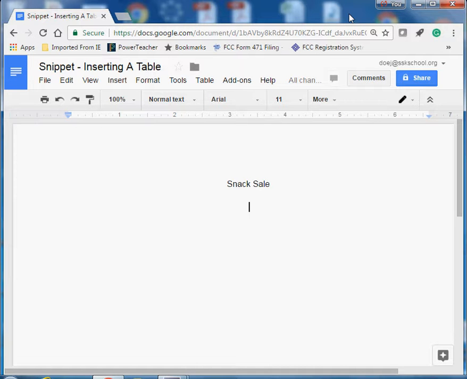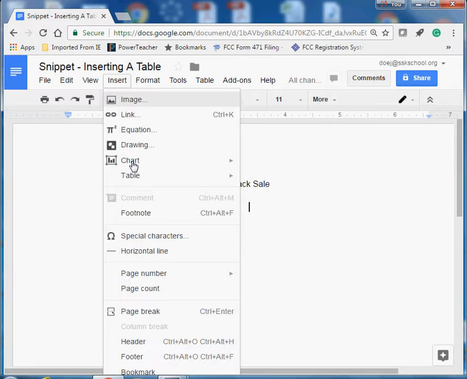Florzak, and today's snippet is about inserting a table into your document. As you can see, I have a document here started already, and I'm going to do a table for a snack sale. Right here, my alignment is in the center, as you could see, and I could insert a table